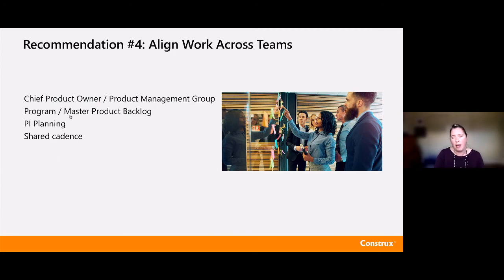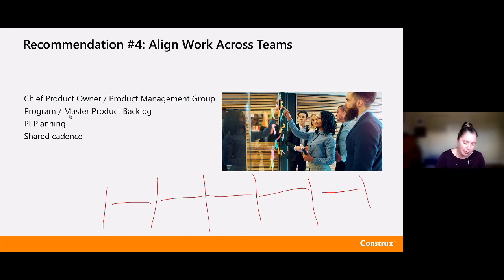Shared cadence. I rarely run across anybody anymore who isn't doing a shared cadence, but this idea being that everybody is on the same iteration length or sprint length. Across all of my teams, we're all at 2 weeks, and we all end our sprint on Wednesday afternoon every other week, and we do sprint planning on Thursday morning, or whatever your cadence is. But it's an aligned cadence so that I have those moments in time where I can look at the work across all of those teams and see it all come together.